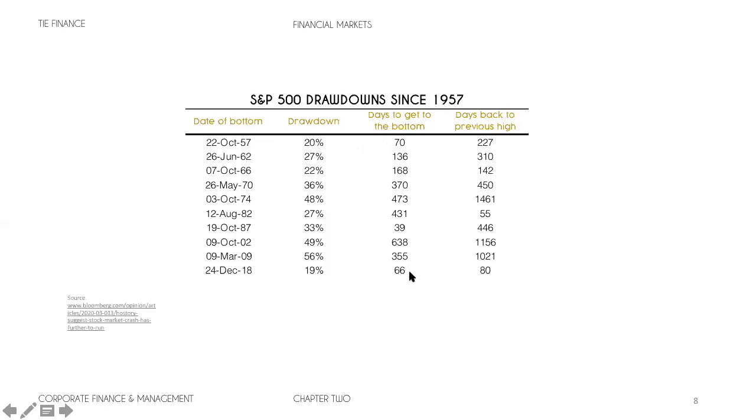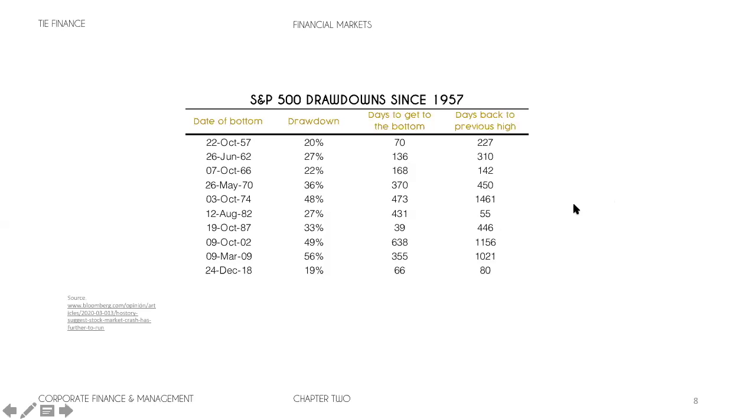So don't expect the recent economic crisis to have hit the bottom yet. We don't know that, and there is a low probability that the bottom kicked in just in recent days. So don't expect this to be quick. And this is the days to get back to the previous high. So if it fell down at some point, this shows you how many days it took to get to the same height